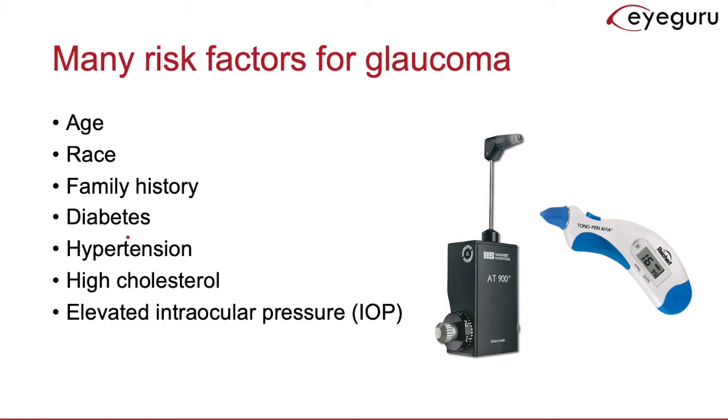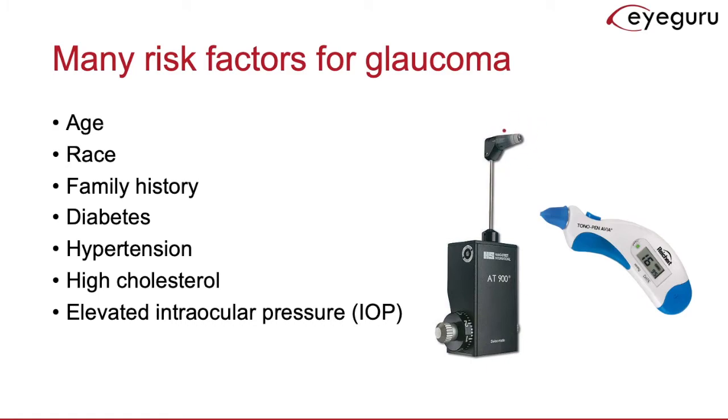Diabetes, hypertension, and hyperlipidemia are all comorbidities that also increase the risk of glaucoma. And then finally, one risk factor that we can monitor and control closely is intraocular pressure. And on the right, I'm showing a picture of a Goldmann applanation tonometer, which is the gold standard for measuring intraocular pressure. It's often seen attached to slit lamps and has this tiny flat